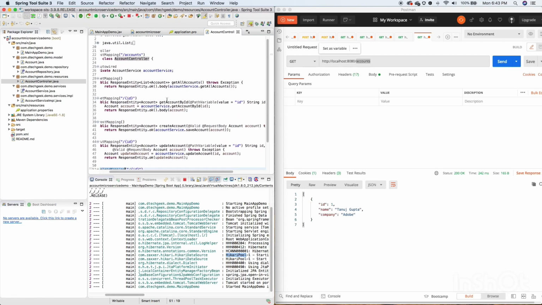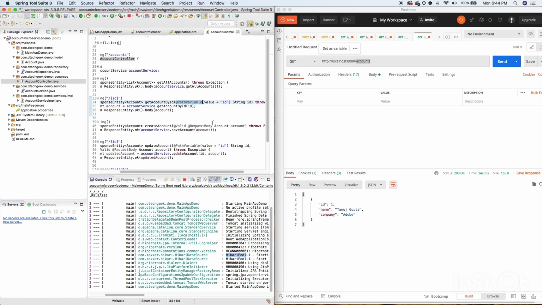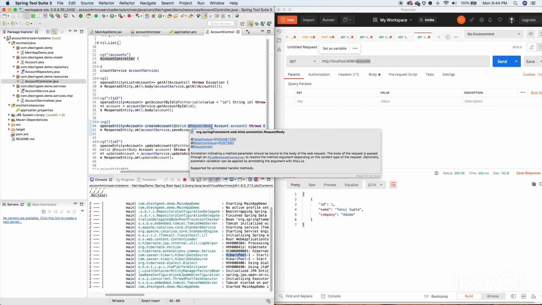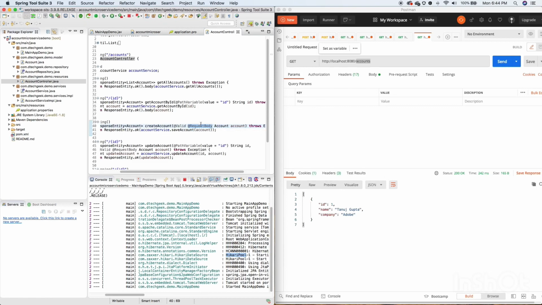And as a part of the path variable, whenever you want to pass some variable in terms of getting the specific account detail, you annotate that particular API with @PathVariable. As a part of the post request, sometimes you just need to pass the request body, so then you just need to annotate that particular POJO or model with the help of @RequestBody. So that's how you can play around.